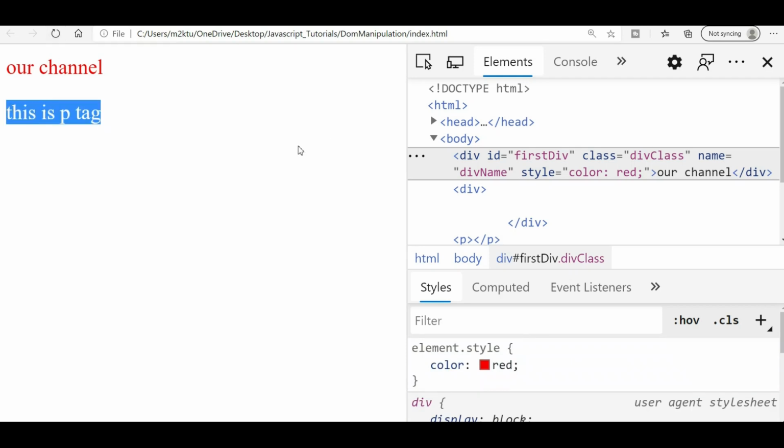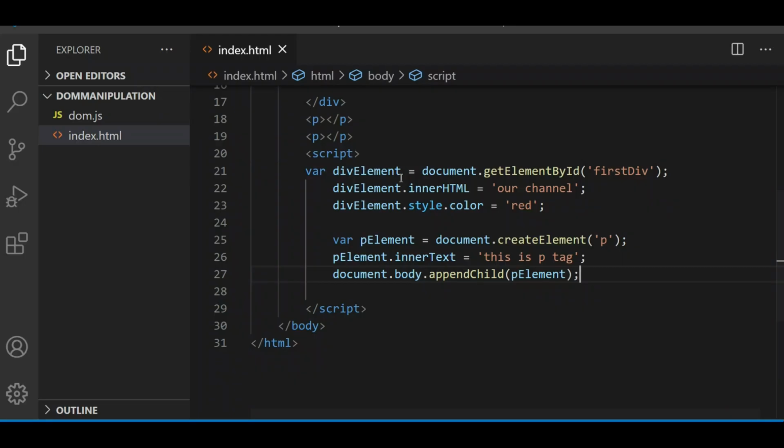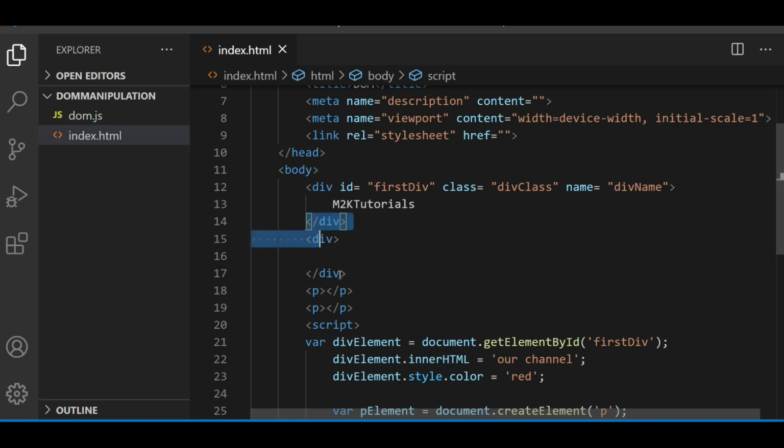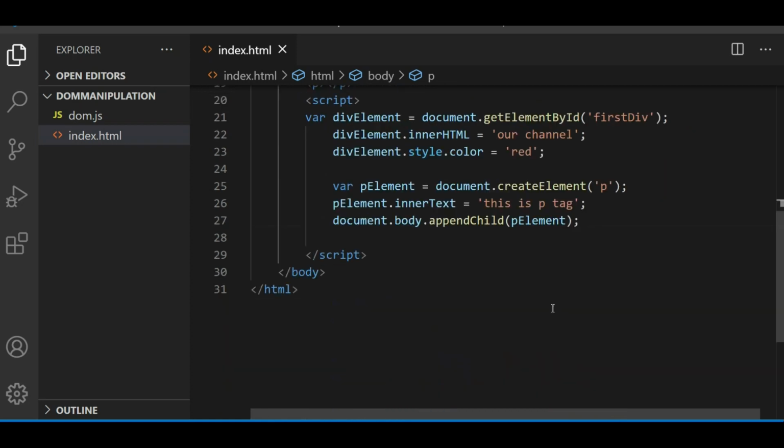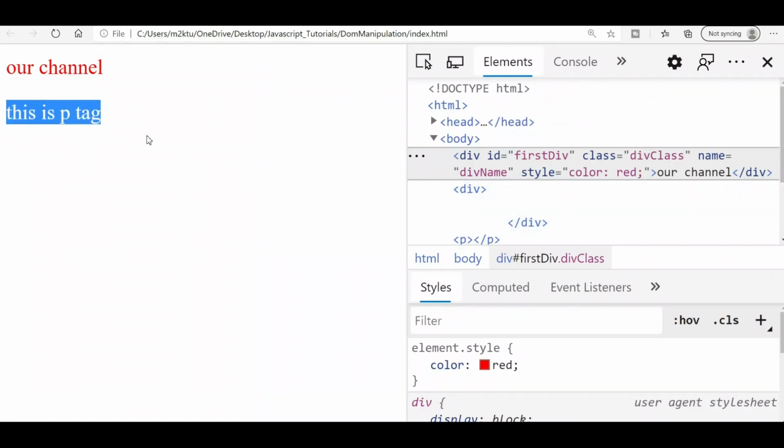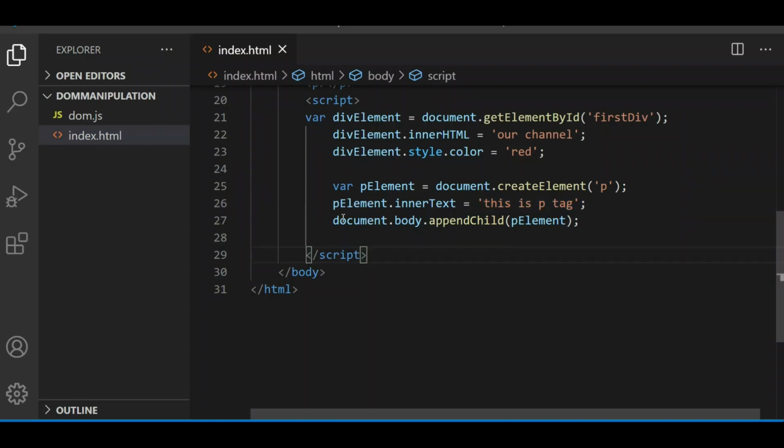This is added dynamically. In our HTML you never see a p tag with that value, but in the rendered HTML you can see this p tag because we have added it dynamically using JavaScript. You can also create a div tag, whatever you want. You can even create a script tag, assign some source to it, attach it in your HTML, and run that script.